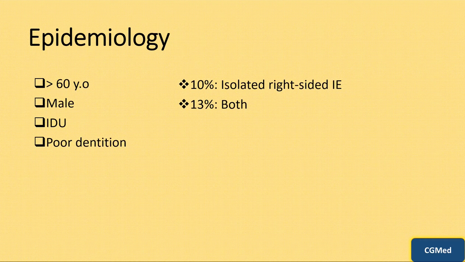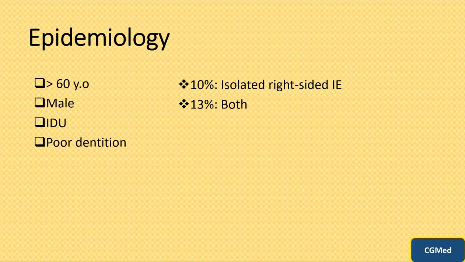Epidemiology: we suspect more endocarditis in a patient when the patient is more than 60 years old. Back in the day, it used to be in the 30s. Why? Because rheumatic fever used to be common before, but right now it's not as common as it used to be. When the patient is a male and uses intravenous drugs, why is that? Because the patient is creating a direct pathway for the bacteria to be introduced into the bloodstream. When the patient has poor dentition,